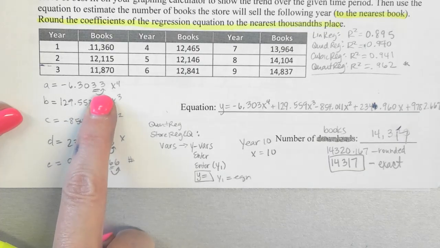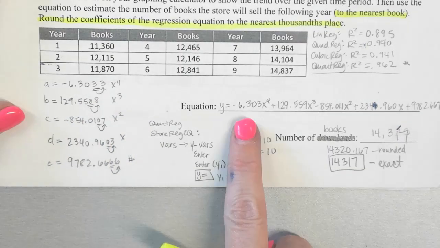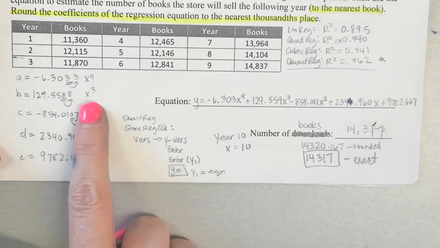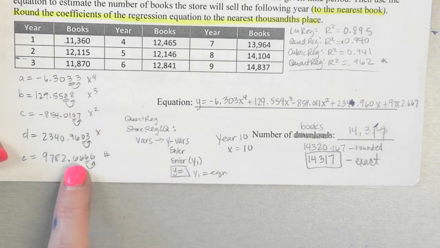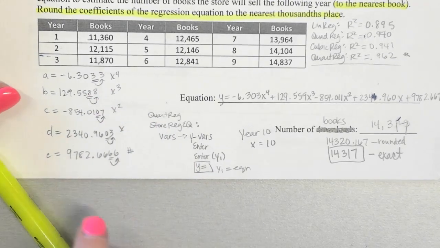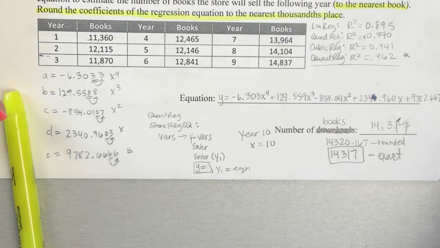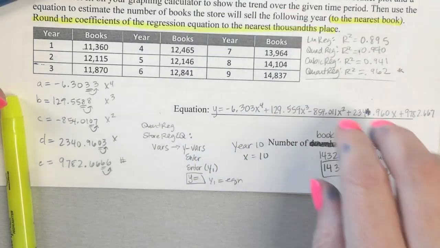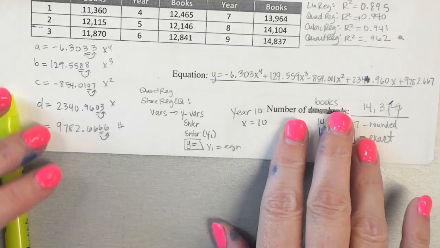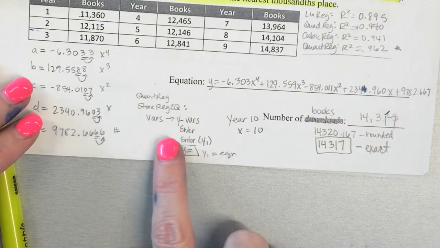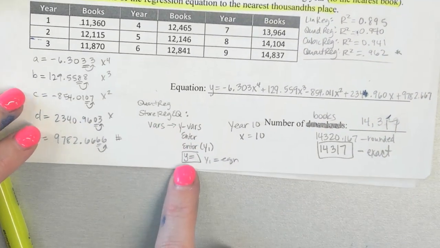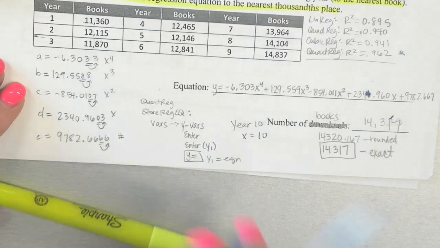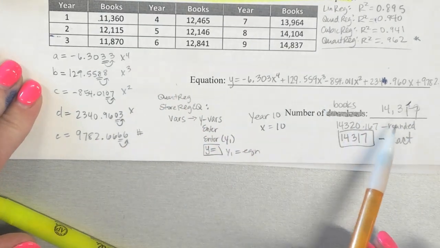So if I'm rounding to the 3rd place, I'm looking at the 4th place. So just in case you guys made a small rounding mistake, you can look back and see what your A, B, C, and D were, and you can make that adjustment. I also wrote down the steps to storing the regression equation, because that is what you will need to find this exact answer. Okay, the